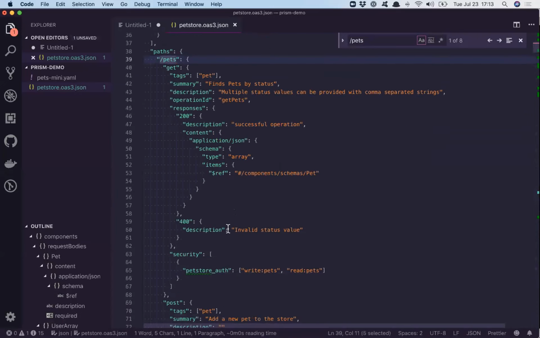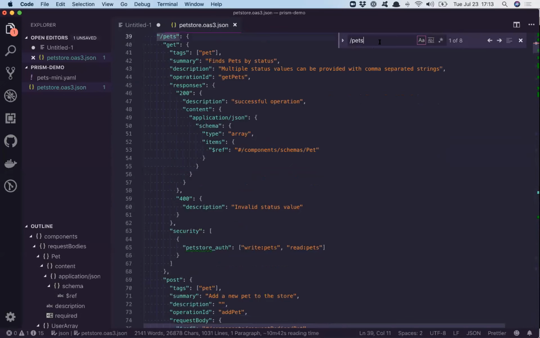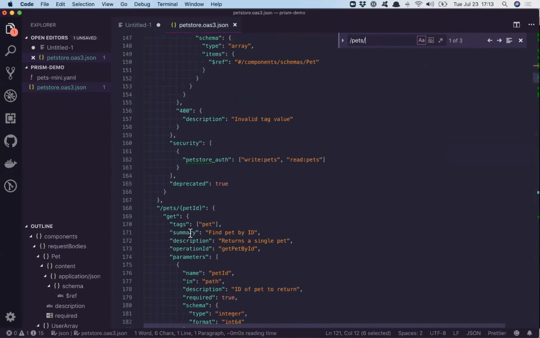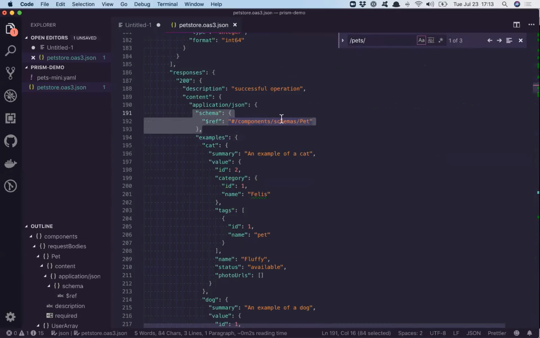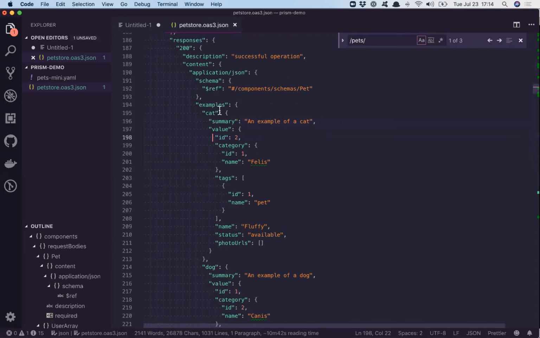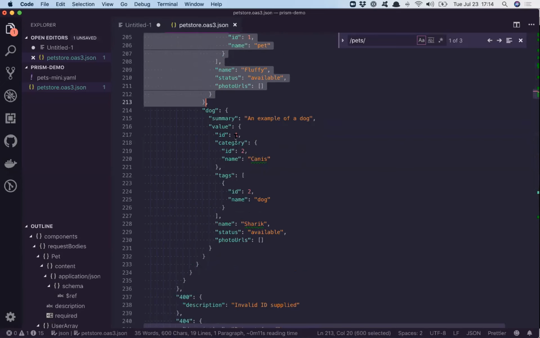There's different types of examples you can have. Oh, yeah, it's pets/1, 2, 3, isn't it? Ooh, here we go. So you have your schema, and different properties inside the schema can have examples, and we'll use those when we're generating the default view. But if you select a named example, it will override that default view and just use this instead. So instead of us having to construct what we think is a useful mock, you are saying, I would prefer this one, please. And so you get the cat instance, or you get the dog instance, right?